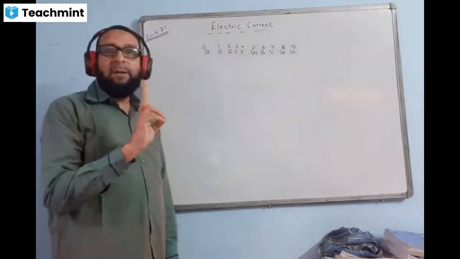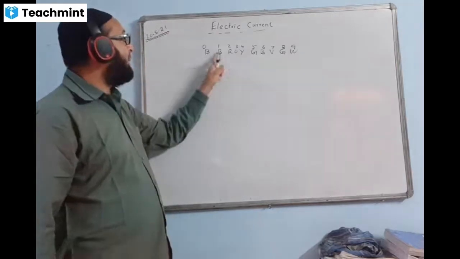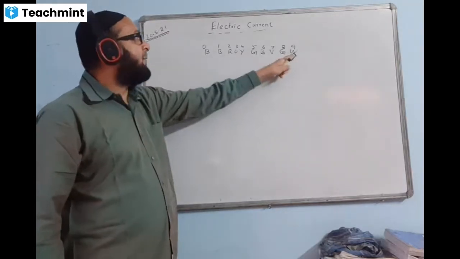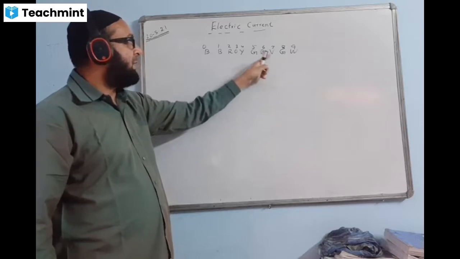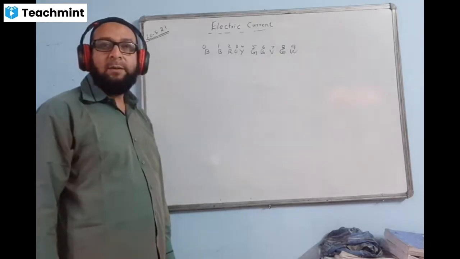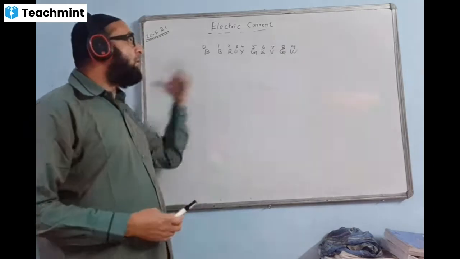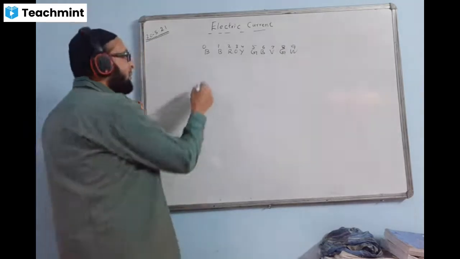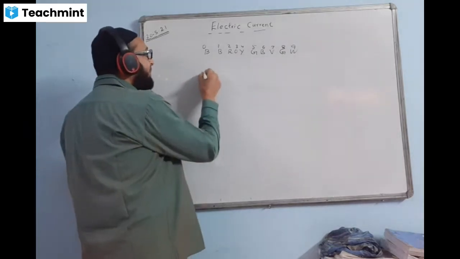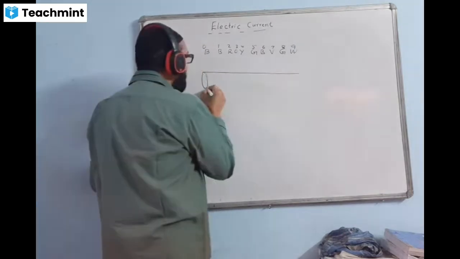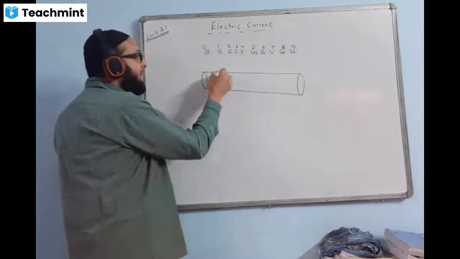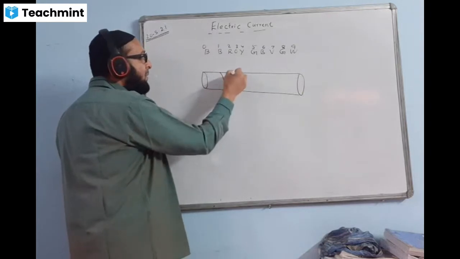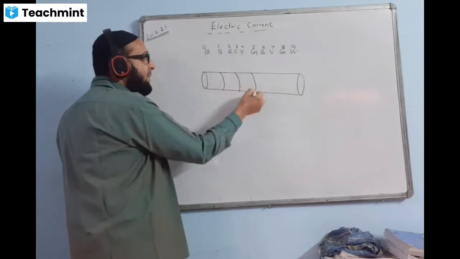Same type of colors will be close by. Like red and brown are close by. Gray and white are close by. Blue and violet are close by. So that way you can remember it. And how do we decode? I'll tell you. They may give a question where a carbon resistor will be given with three bands like this. One band will be here, one here, one here.